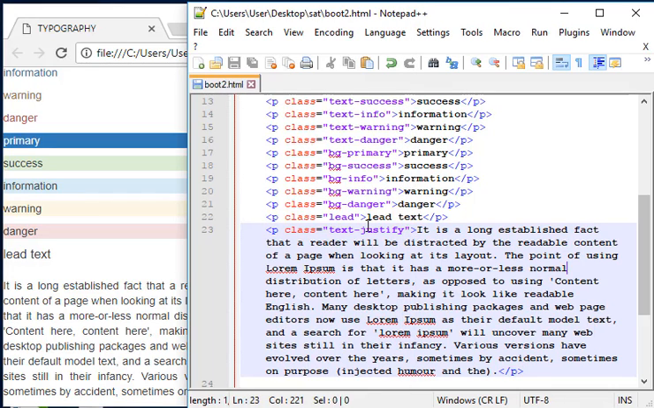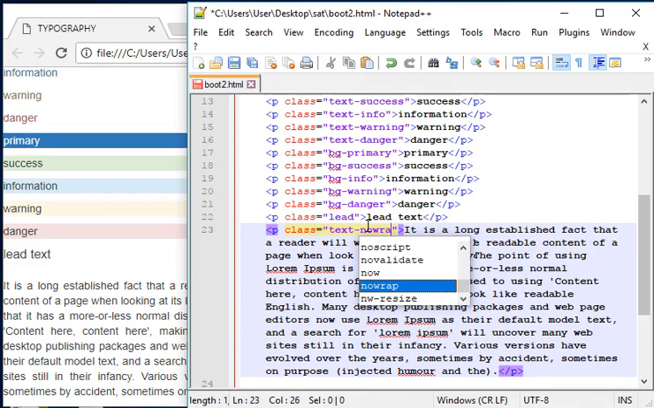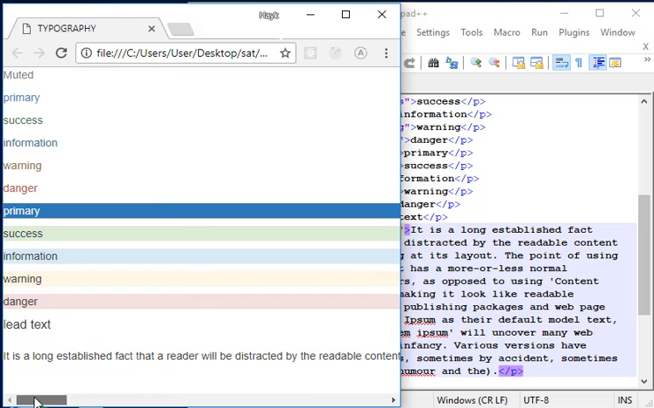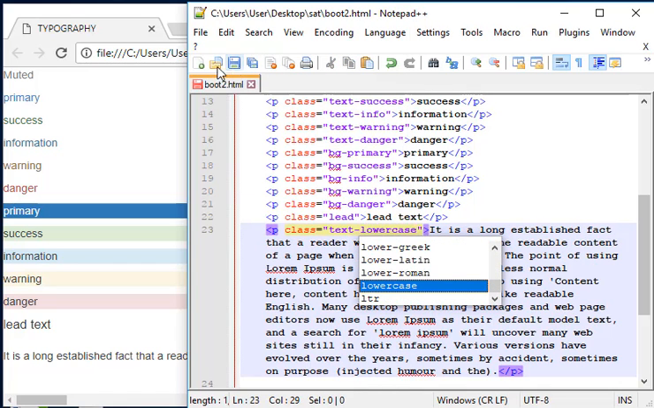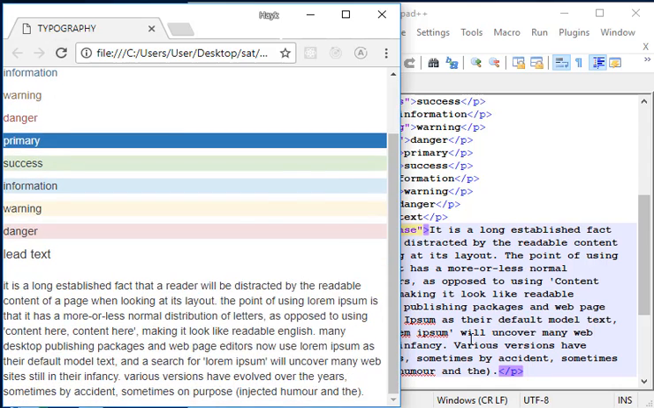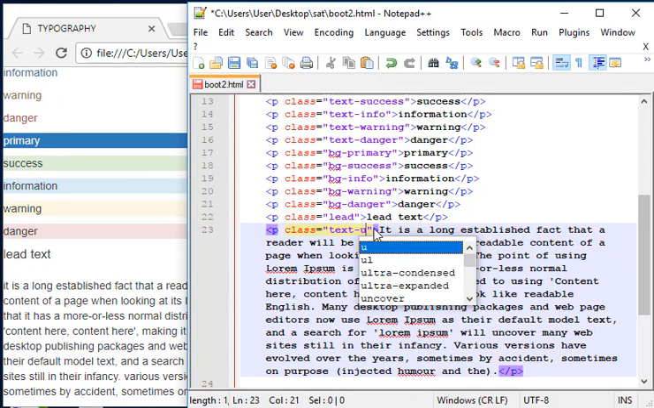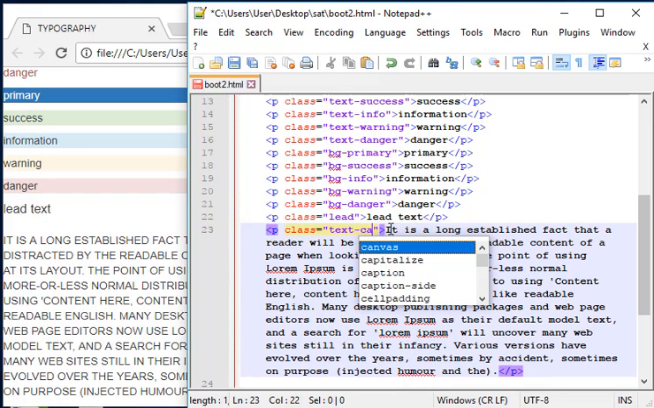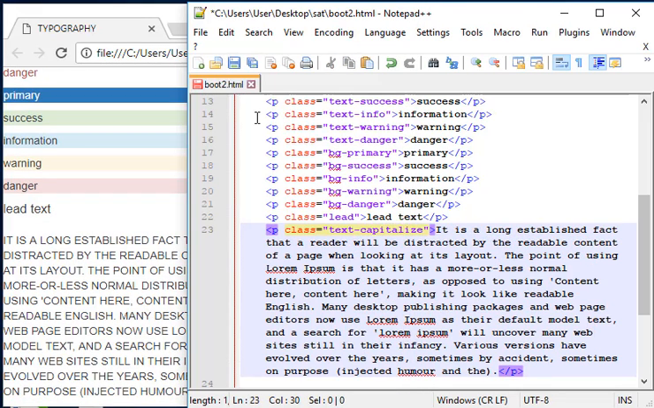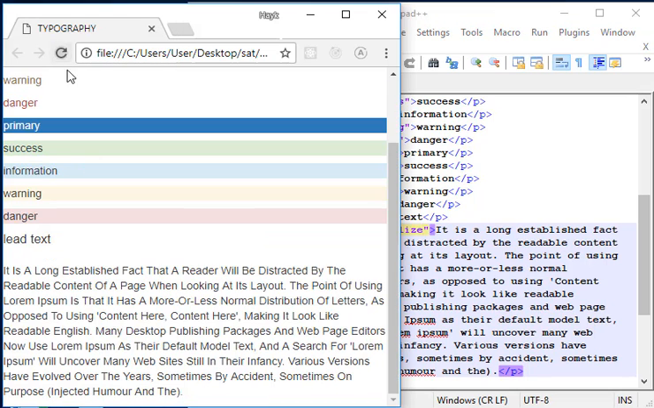And when we change it to no wrap and save and refresh, we get horizontal scrolling, as you can see. We can also change it for lowercase, so everything will be lowercase, as you can see. There's also uppercase, just like this, and there's also capitalize. Let's save this and refresh our page. As you can see, every word